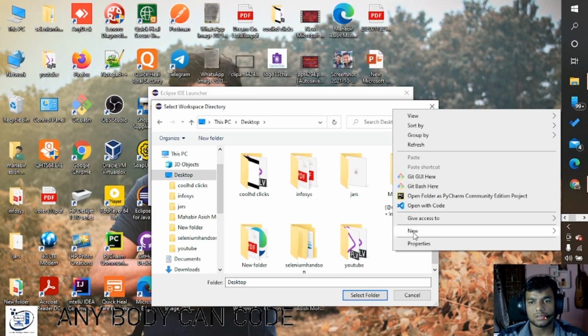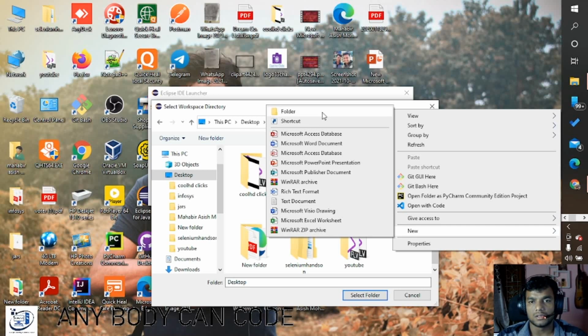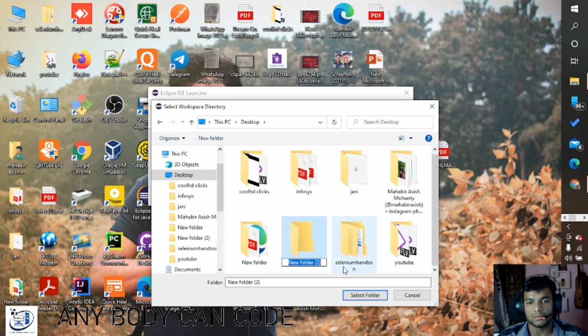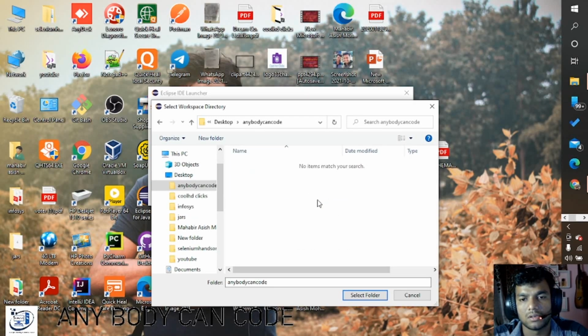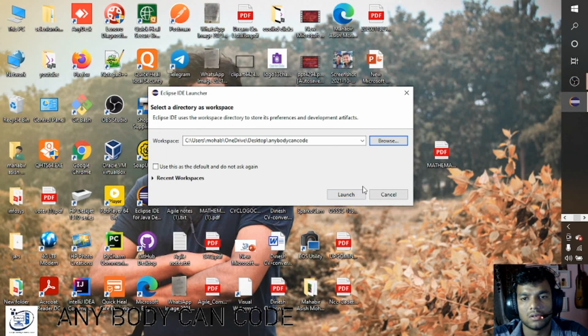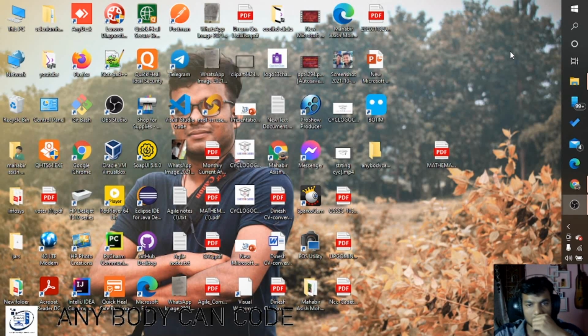Once you download and install Eclipse, create a new workspace for yourself. I will create AnybodyCanCode, then select folder and launch.